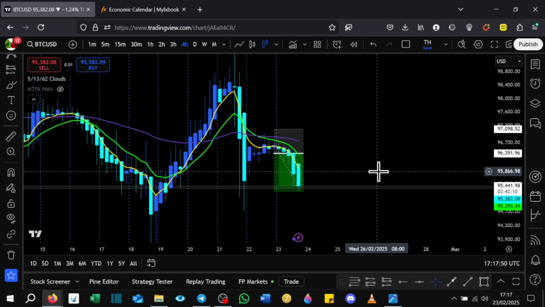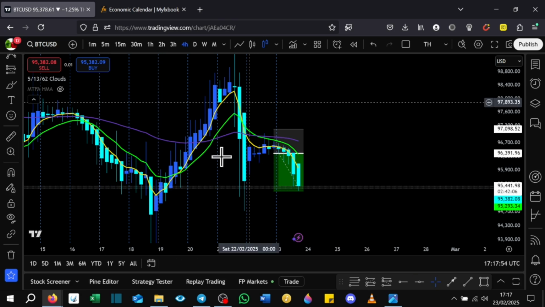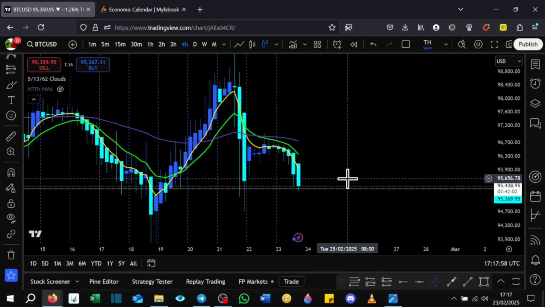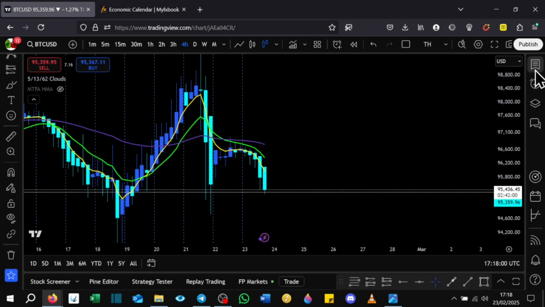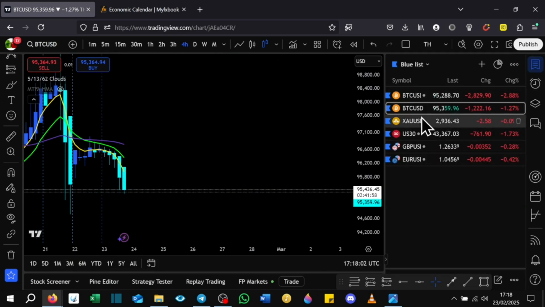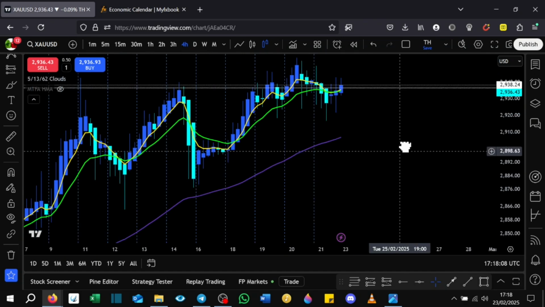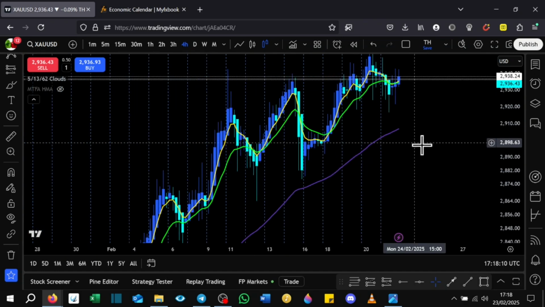So beautiful trades on Bitcoin for the sell, the buy, and now the sell again. So once again, Bitcoin has been great for this strategy. Moving now on to gold. With gold, I caught the beautiful long position,